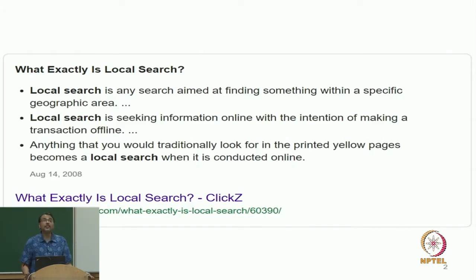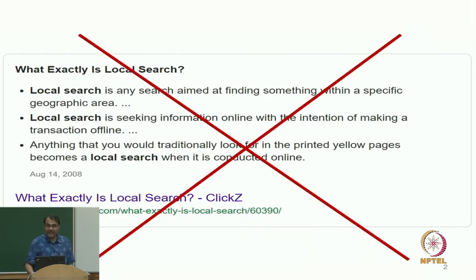Notice that this notion of local search is relatively modern. This happened in the last 10, 15, 20 years. Google itself came into being in 1998, so probably not more than 20 years. I do not know if this notion of local search was present in this form in the previous generation of non-internet enabled systems. But we are talking about local search that has been around for the last 50 years at least. So, definitely we are not talking about this. I am not going to teach you how to do local search in Google, or how to get the right restaurants or the right attractions near a certain location. This is not what we are going to talk about.